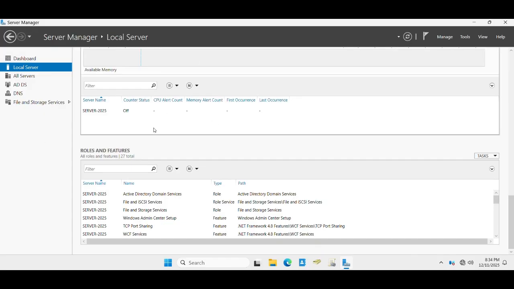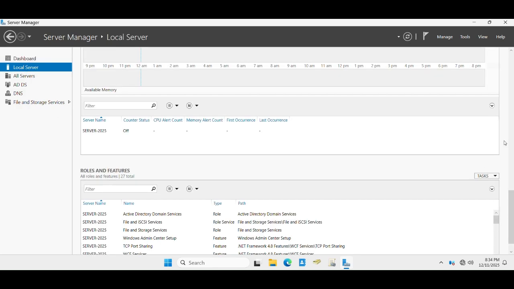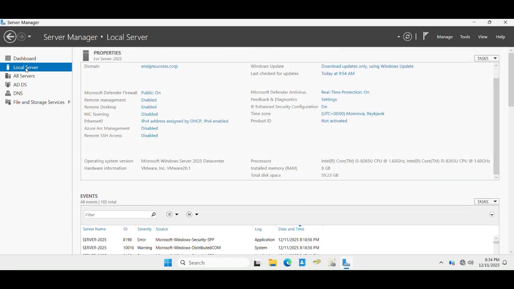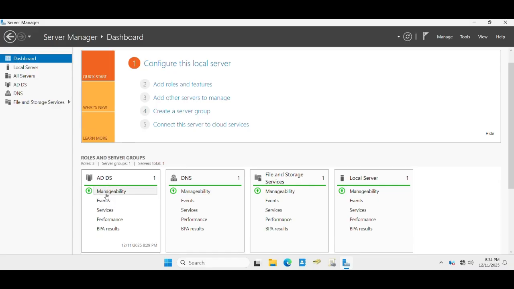So this is it. So we can see here on our dashboard, we have our Active Directory Domain Services. It has been installed as a role and feature. Now, what we did next after installing Active Directory Domain Services and promoting our server to a domain controller, we went ahead and